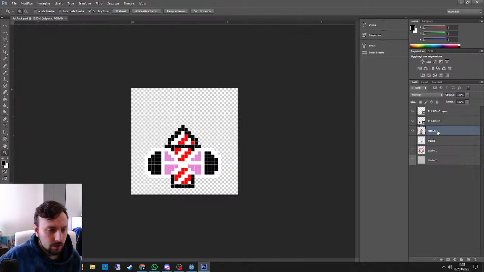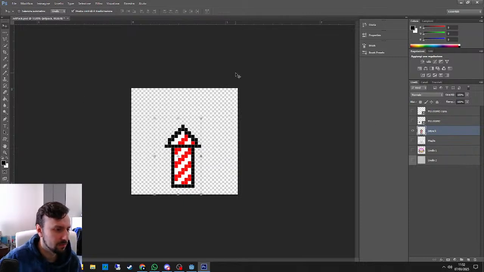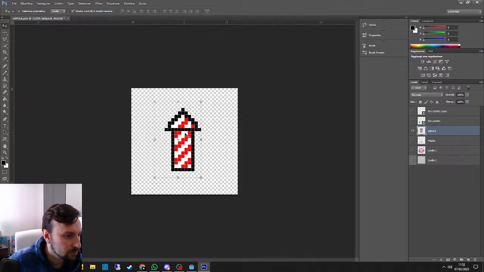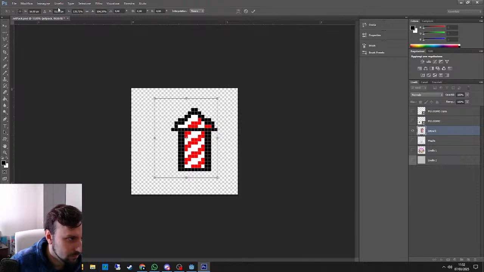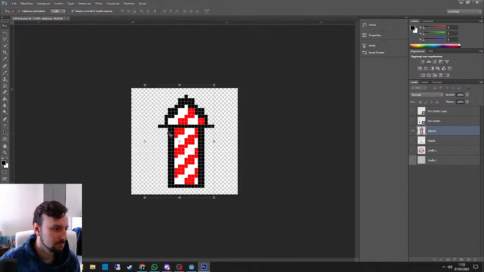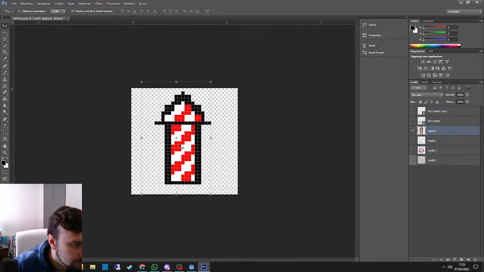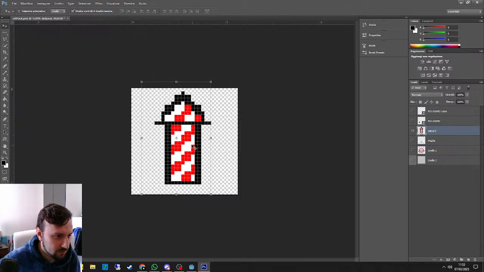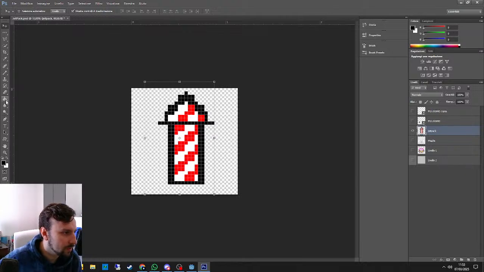Okay, then we need to make the icon for the menu, and this time we can keep it a little bit more centered. Could also make him bigger. And I want to fix this first of all. Okay. Then